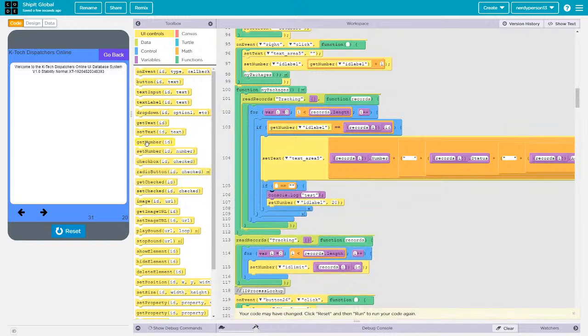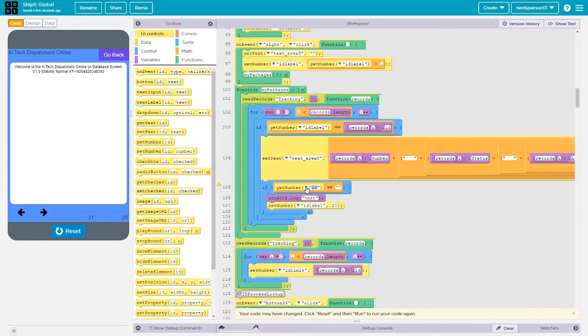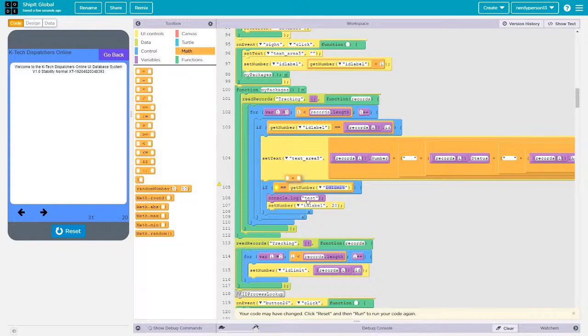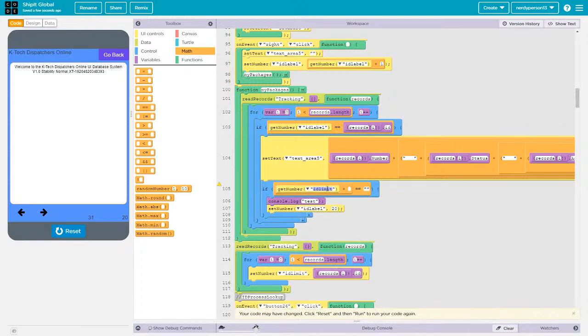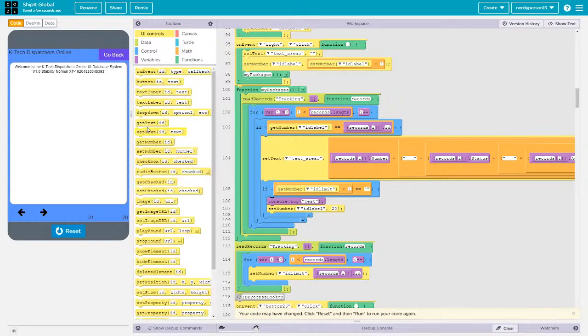So we're going to do if the number of ID limit here, we'll do this. So we don't want it to just automatically assume that ID limit is the limit, because that is still an ID value. So we're just gonna do +1 on here. So if it does that and then +1 and it equals the ID